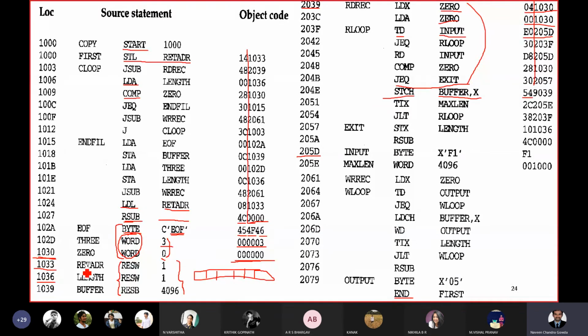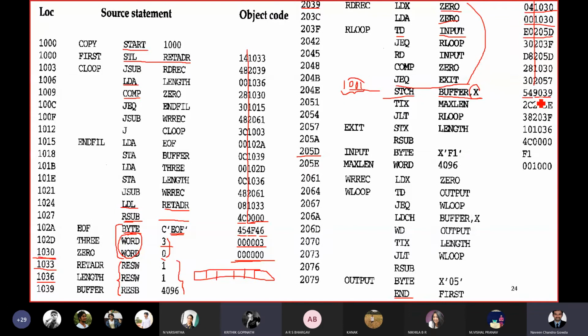When you write 1039 in 15-bit format, 1 will be written as 001. Again you will be having 039. Whereas here, as it is indexing addressing mode, you will be setting X as 1. So while generating the object code, you will be taking this collectively, so it will become 9. Instead of 1039, you are writing 9039. Are you clear with this point? Even we have considered this kind of examples in the previous case studies as well. So this 001 has become 1001, and instead of the address 1039, it has become 9039. Is it clear, guys?